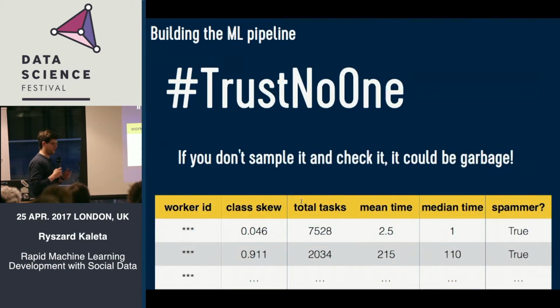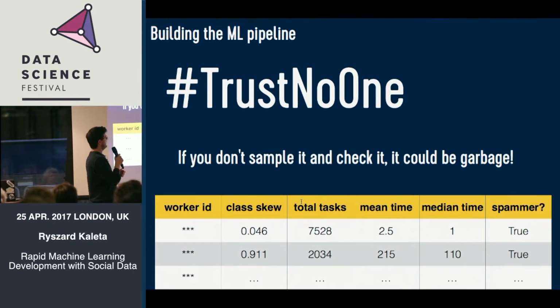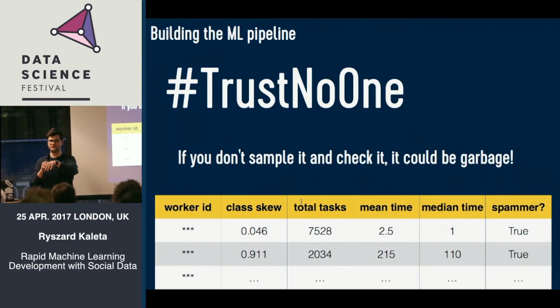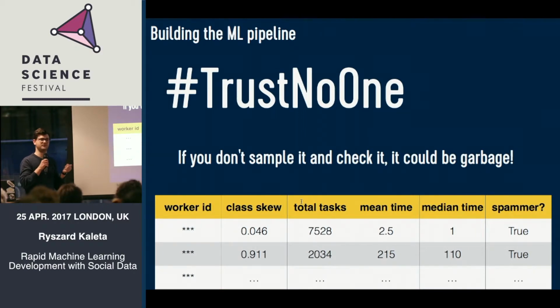Now, if you're going to be working on a classification task, a supervised learning problem, you might go ahead and use a service like Mechanical Turk to build yourself a big enough training data set. And what we found is that it's super important to investigate the integrity of any data you get out of an external labeling service.